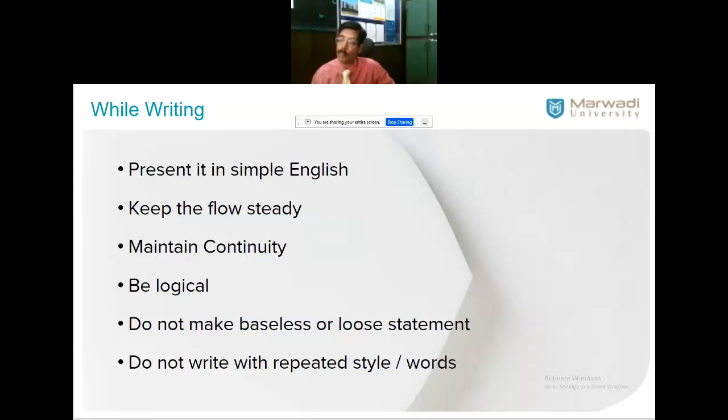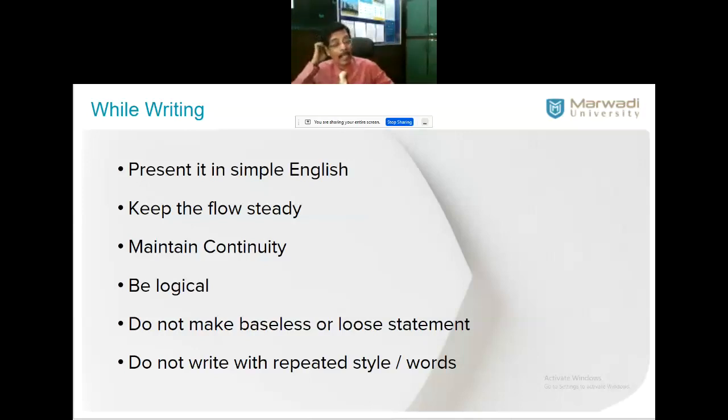Because every statement you make should refer to some journal, or it should come out of your own experiment. Say I make a statement: 90% of cyber crimes are of the variety employed in bank fraud. How do you make that? Then give a reference: according to this magazine, according to this survey, or according to my own work previously cited. That's important. Do not make baseless or loose statements. Sorry, the language on these two slides may not be very appropriate, but still, whenever you make a statement, talk like a researcher. You have a base.